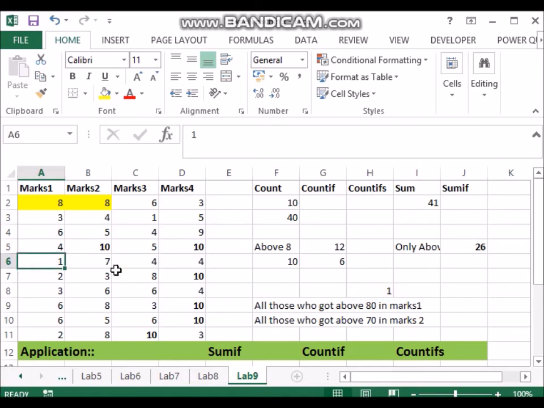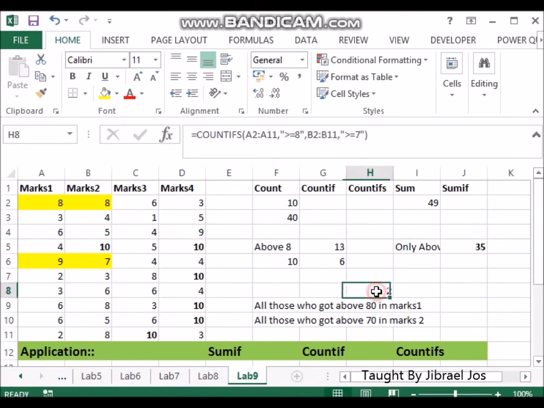I make it 9 and the count has become 2. You can notice, now we have two people who meet the criteria. Now suppose I make this 6, that count should become 1 again, and the count becomes 1. If it is 7, that count is 2.